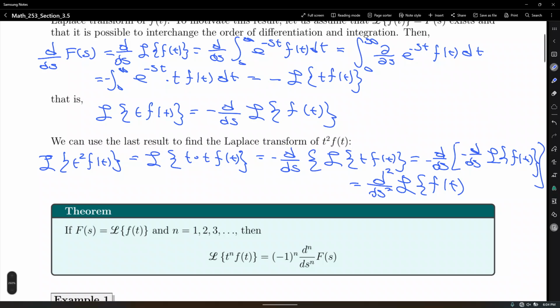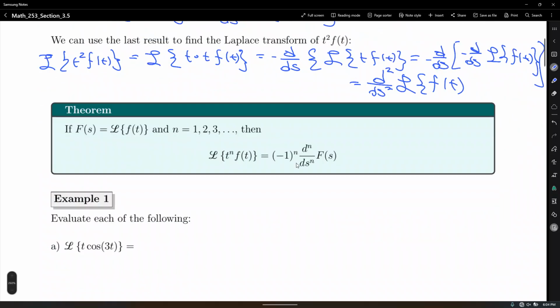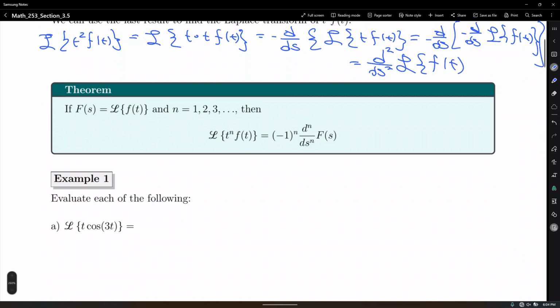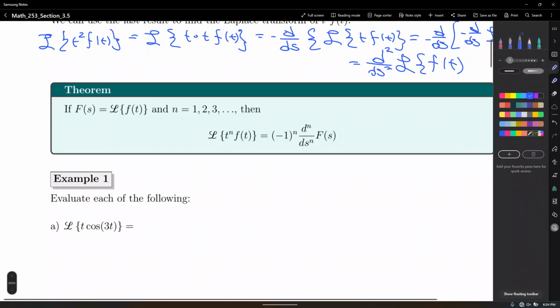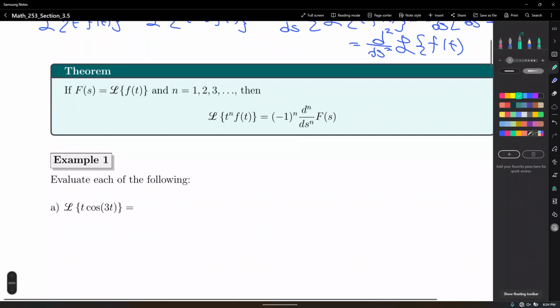Well, let's have a look at one example to see this result a lot better. Find the transform of t cosine 3t. So what are we going to do here? Let's list our information. n equals 1, that's the power of t, and f(t) equals cosine 3t. Okay, so that means we're going to do